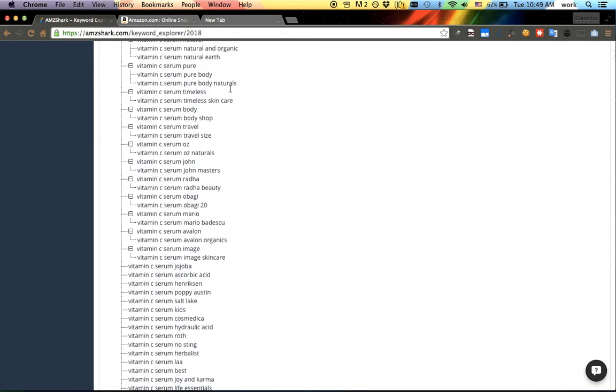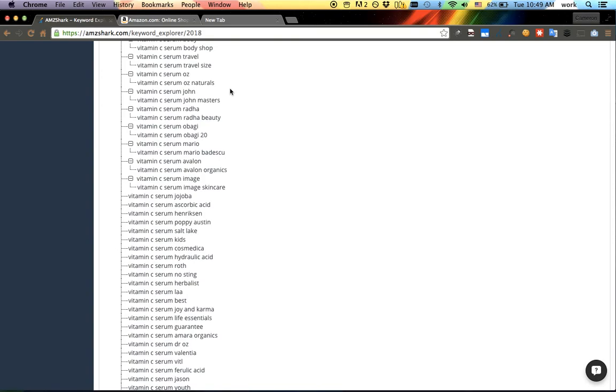And this is important because when you get started, you probably don't have a lot of money. You probably have a couple thousand dollars or a couple hundred. And you want to build your PPC campaign from the inside out. So you want to get as specific as possible at first and then expand it. The reason is that it costs money to buy data. It costs money to figure out which keywords convert and which ones don't. And so to give yourself the best possible opportunity, you want to start with the ones that are most specific